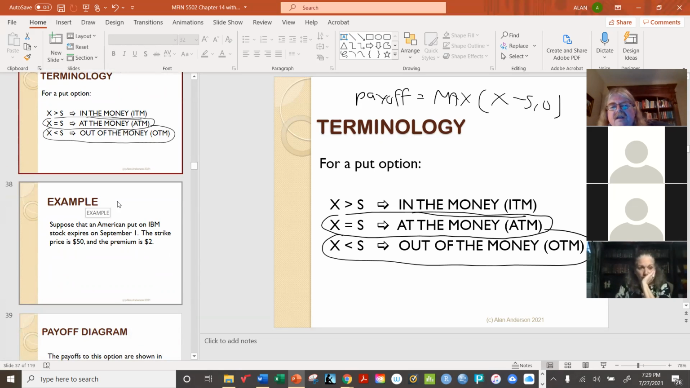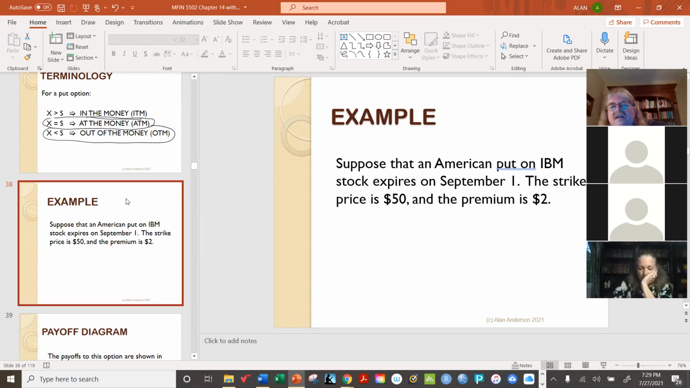All right, so this time we've got a put on IBM stock. This time, let's make it American just for the fun of it. It doesn't affect the results anyway. It expires on September 1st. The strike is 50. The premium is $2,